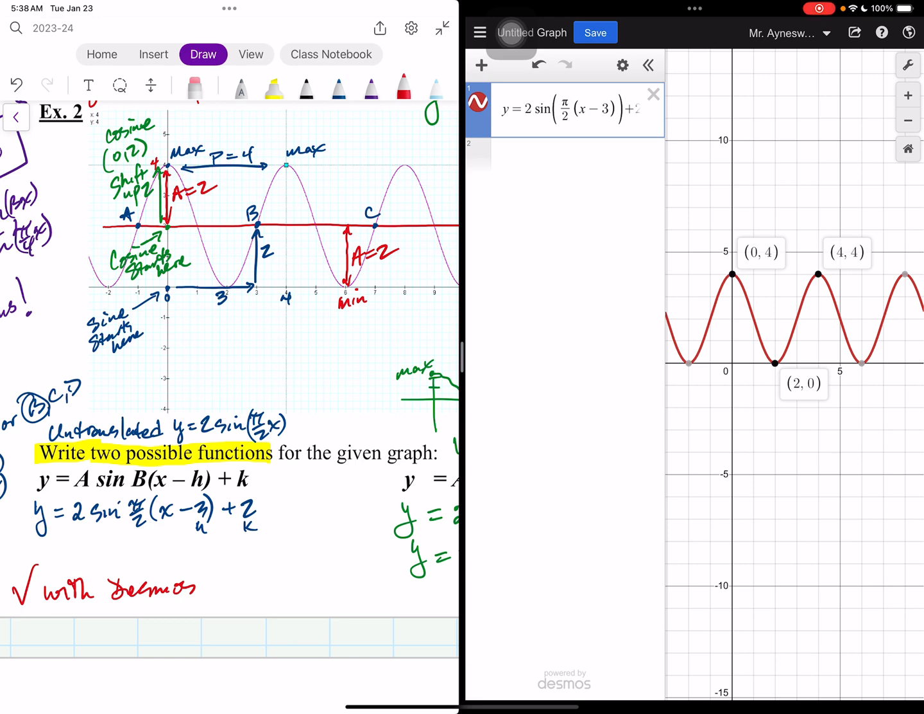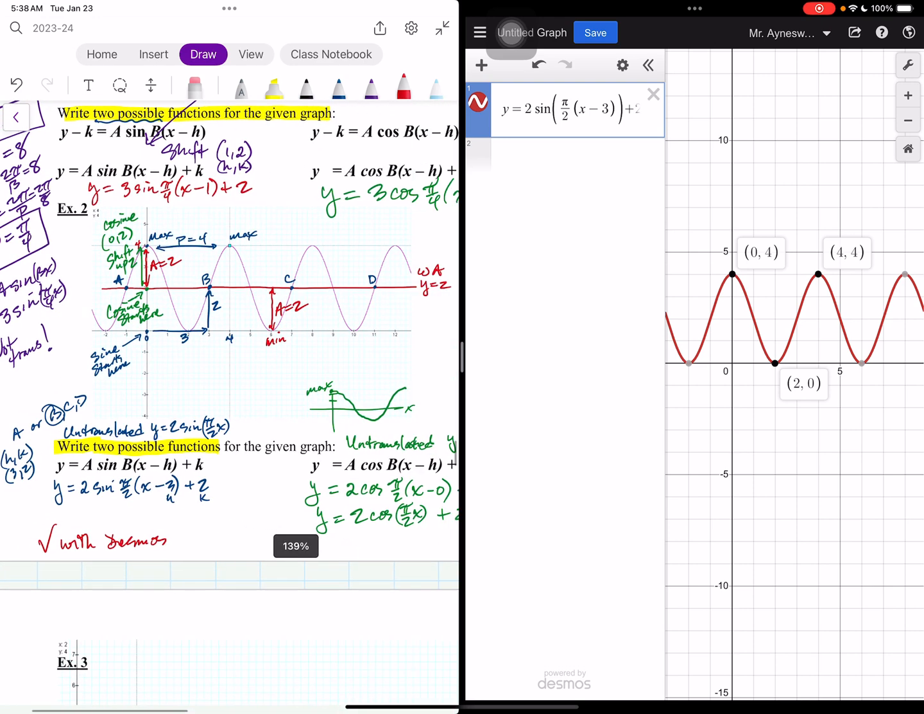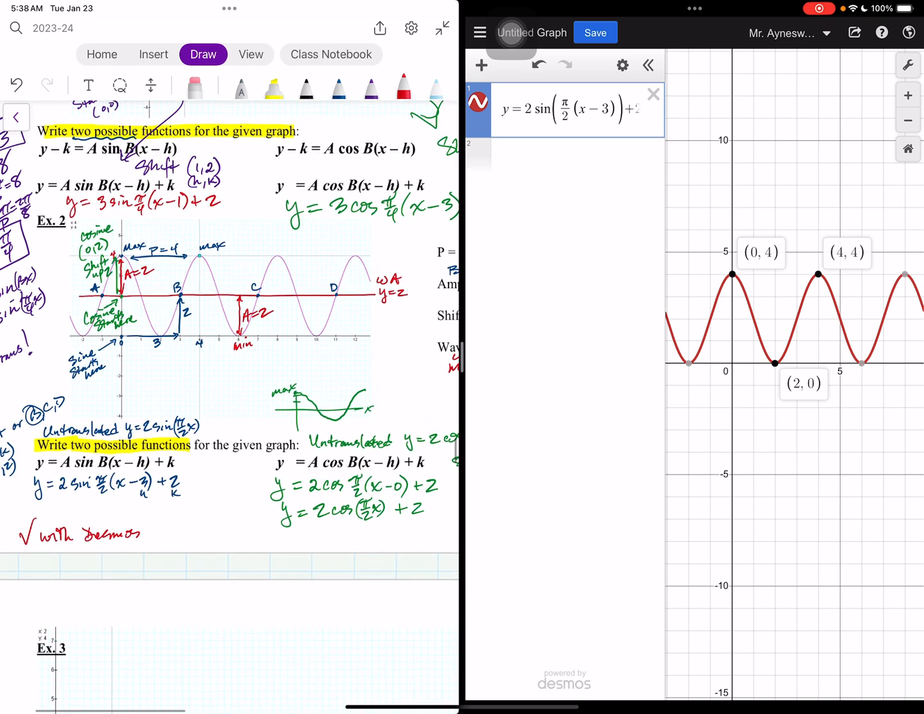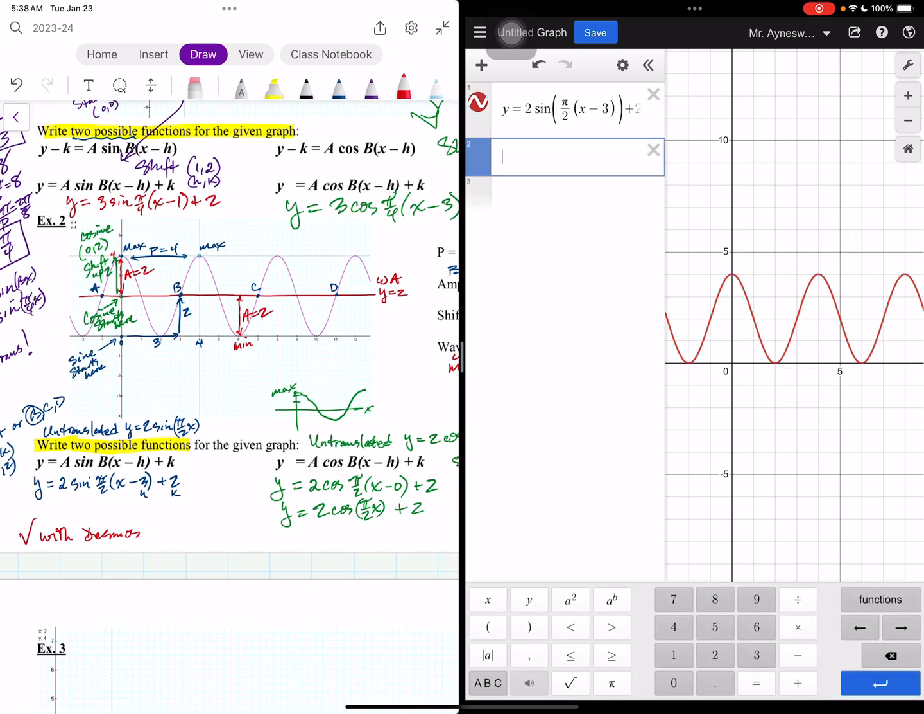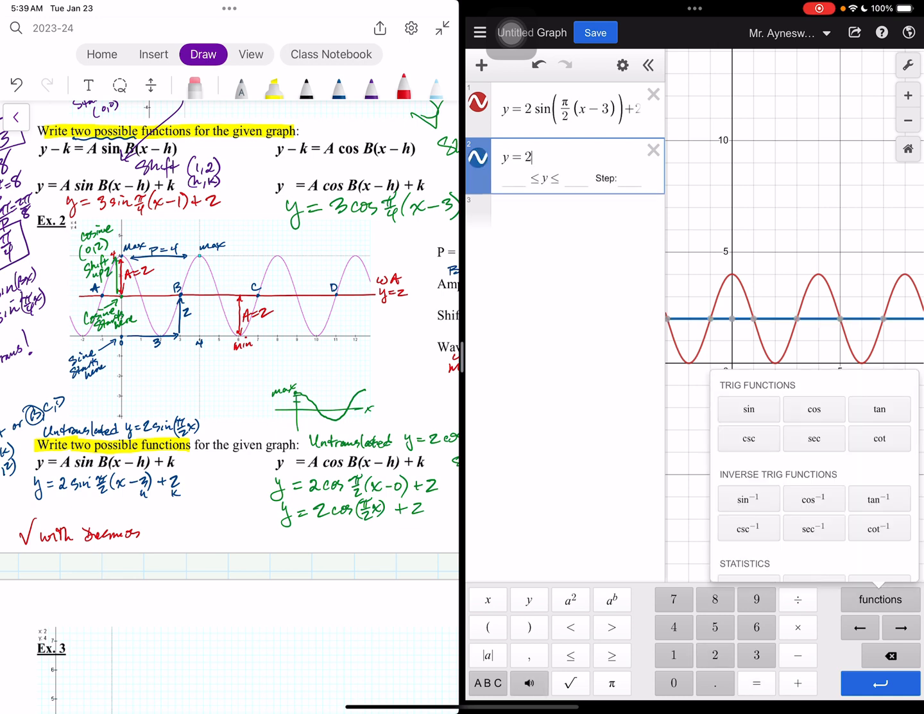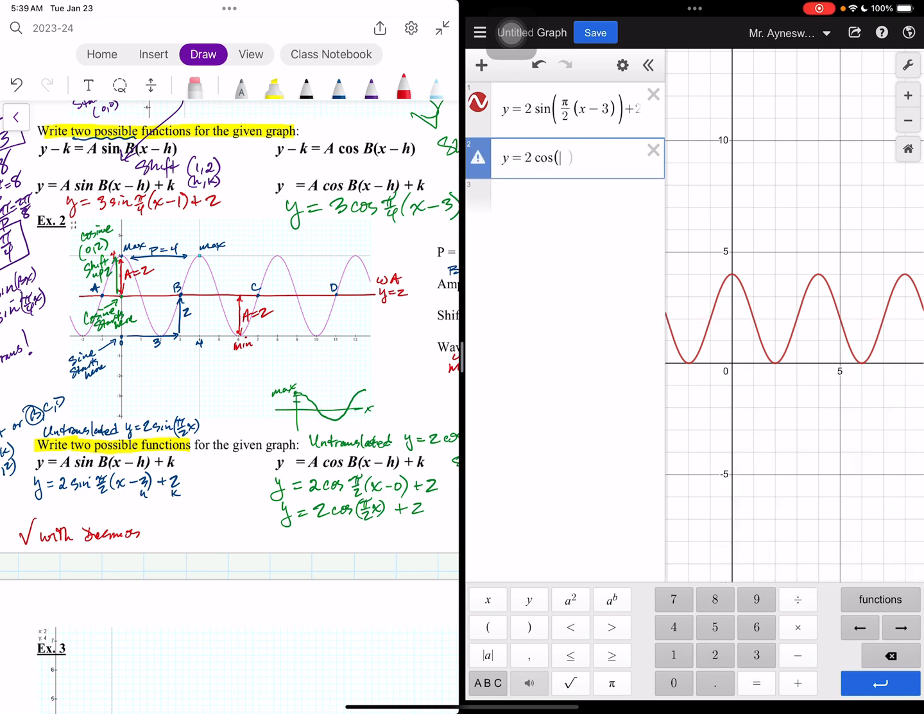Okay, now let's check the other one. So checking the other one. Now, if I type in another function, I only see one curve. That means they overlap, and I'm correct. Okay, so here we go. So y equals 2 times cosine now of pi halves, so pi divided by 2, times pi halves x. So I should have just times x here. There we go. All right, so I got pi halves times x, and then I have to shift it up